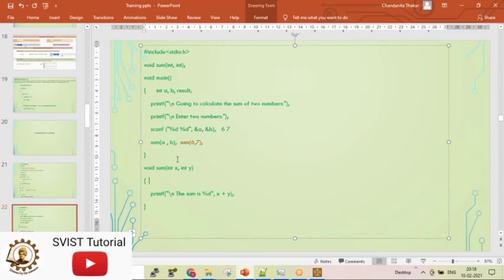X has got the value 6 and Y has got the value 7. Now 6 plus 7, 13 will be calculated and printed.